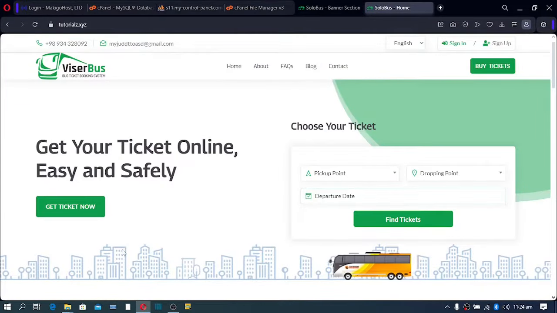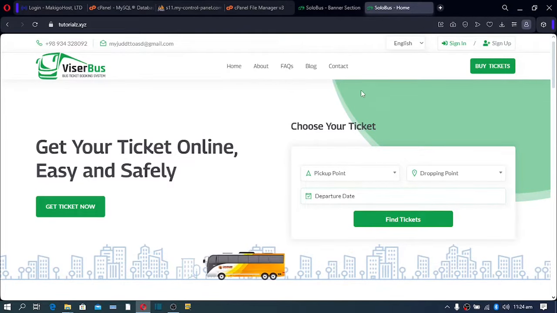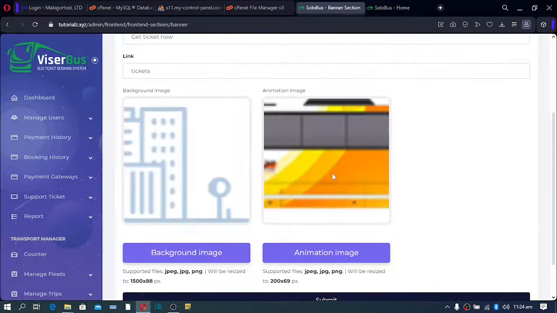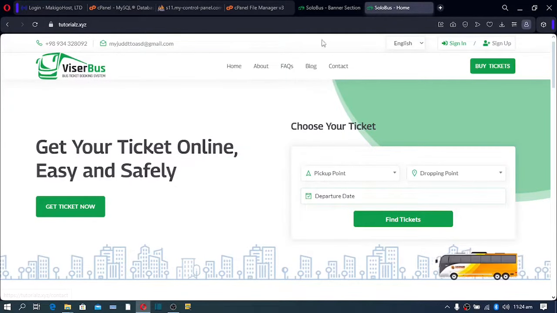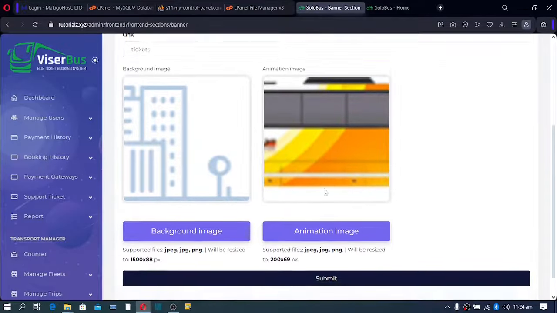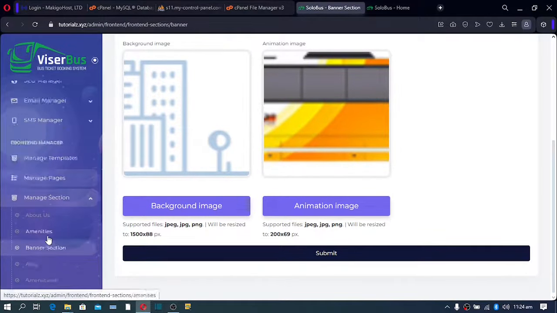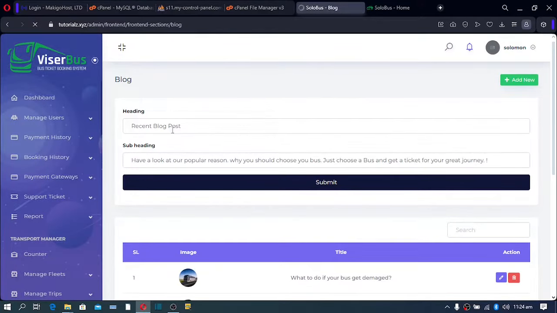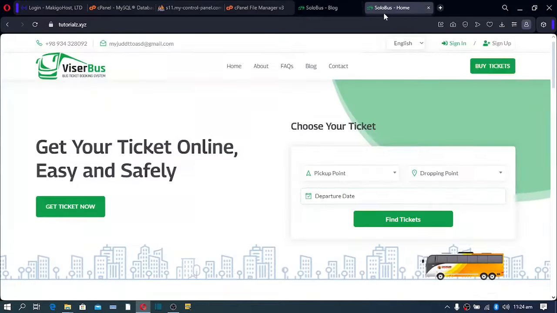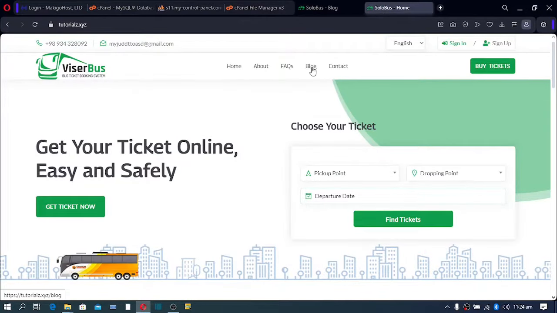When you look carefully, you see there's an image in the background with some buildings. You can change the animated image, which is the bars here. So you can change it to any image of your choice, and then it will start animating. Click on save changes. We have your blogging. Just go to blog, recent blog post, go to blog,